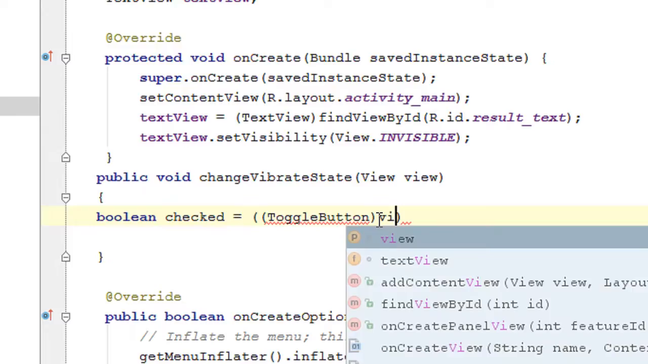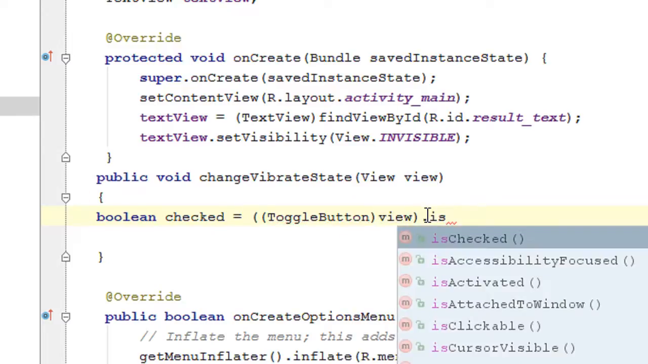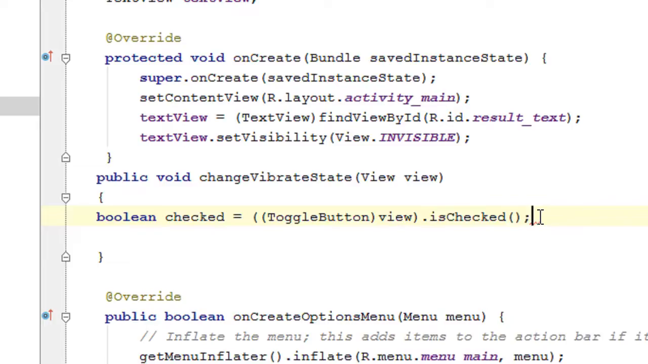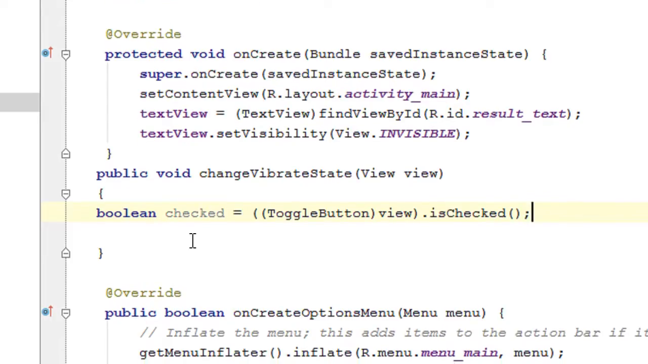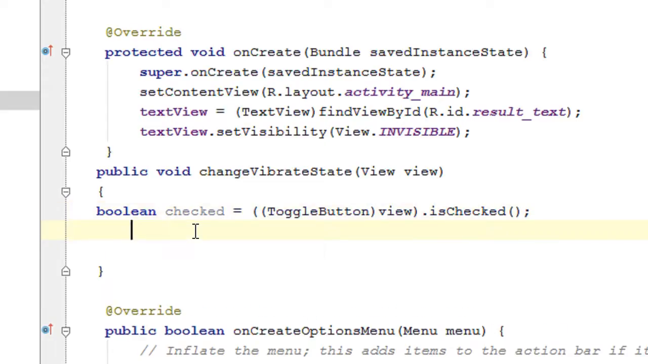Now specify the view object. Now call the method isChecked. If the toggle button is in the on state, we get true in this boolean variable. If it is in the off state, we get false. Now we have to check the state. If it is in the on state,